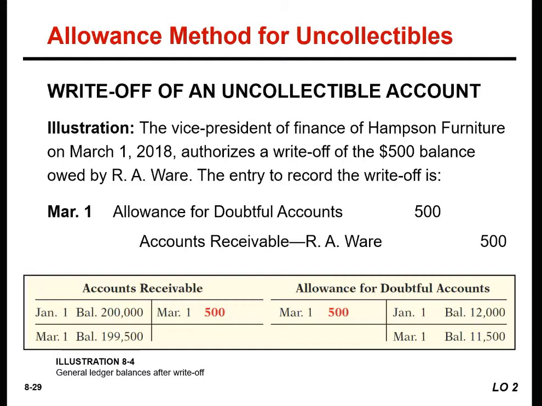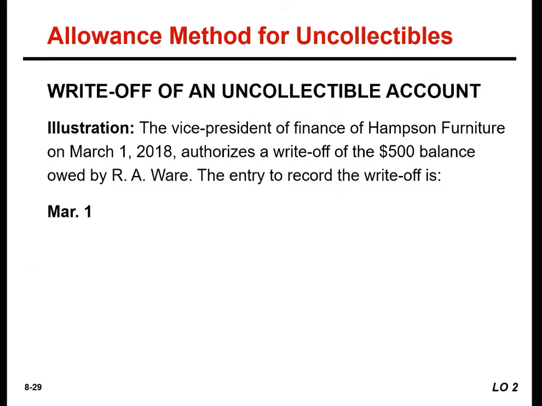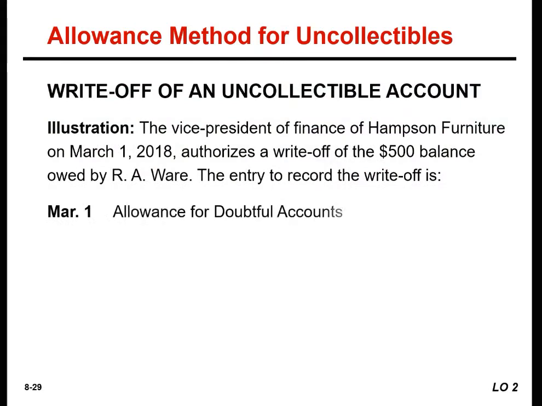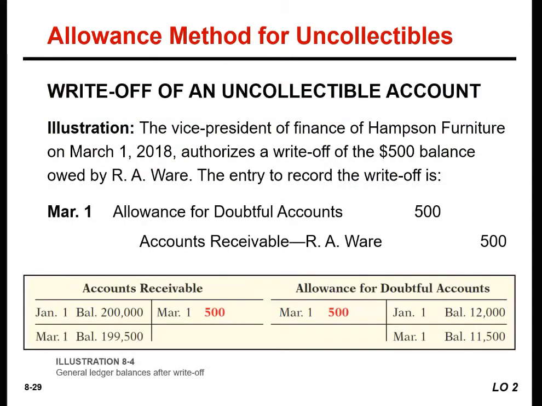This credit balance in the allowance account will absorb the specific write-offs when they occur, as what happened in this exact slide. The bad debt expense is reported in the income statement as an operating expense, and this happens at the point of estimation,